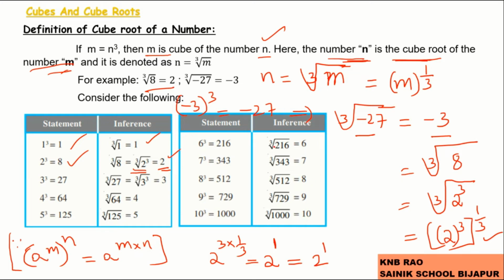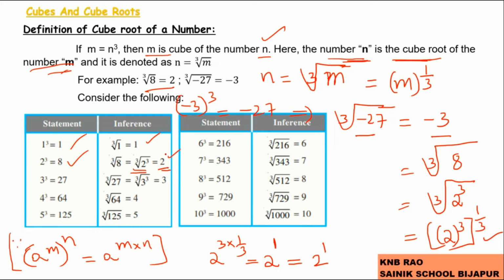How we learnt, cube of a number ending in 1, 4, 5, 6, 9 ends in the same digit. Cube root of a number ending in 2 ends in 8, and vice versa. That is, cube of a number ending in 8 ends in 2. We learned this property. That property is going to help you even in cube root also. The same procedure is adopted here once again.